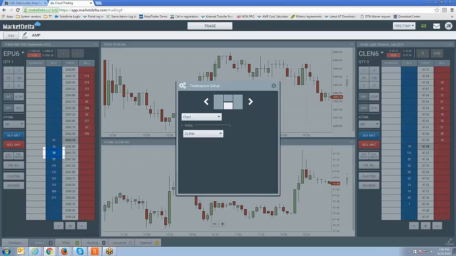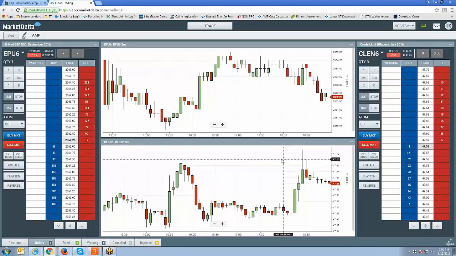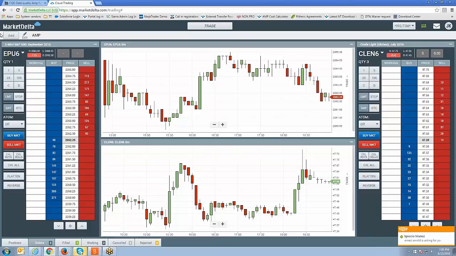All right, and that's an example of how to create a trade space using that particular layout. And now if you notice on the top here, there's an AMP trade space that's created. All right, now that does not limit me to having only just one trade space. So now I have this particular trade space created. Now if I go ahead and hit add,